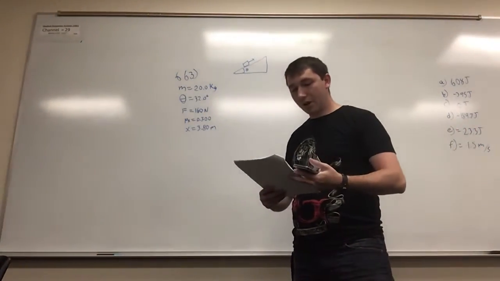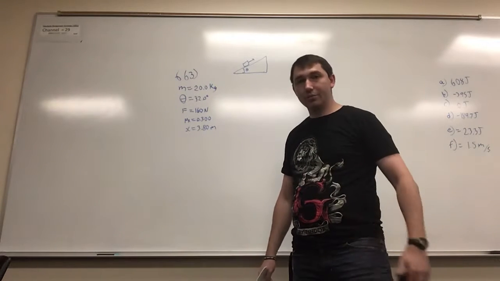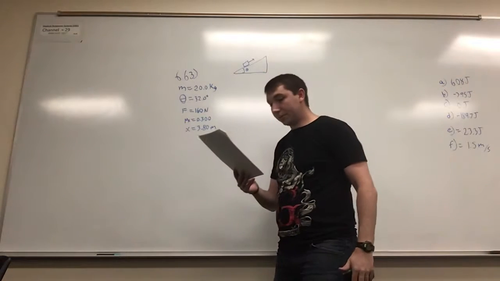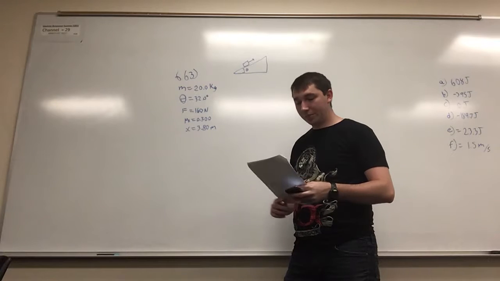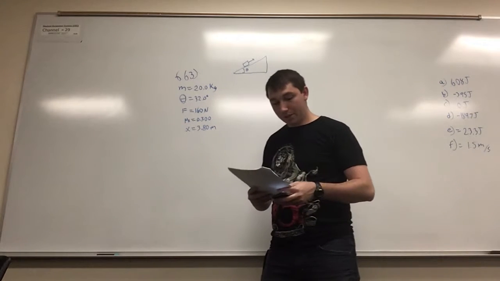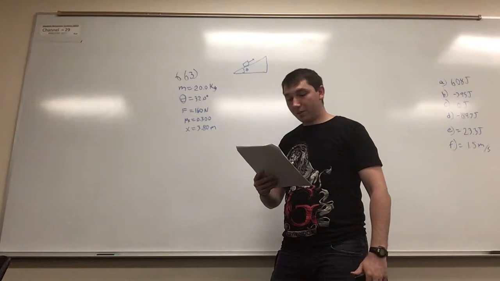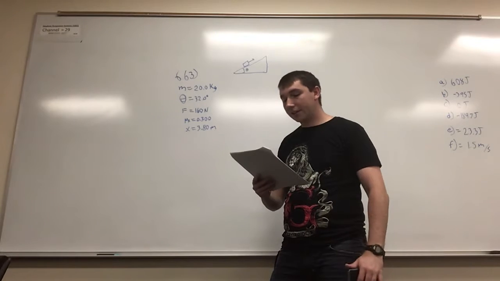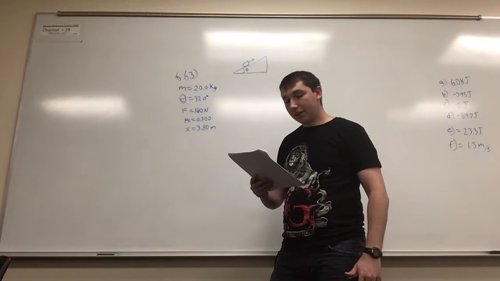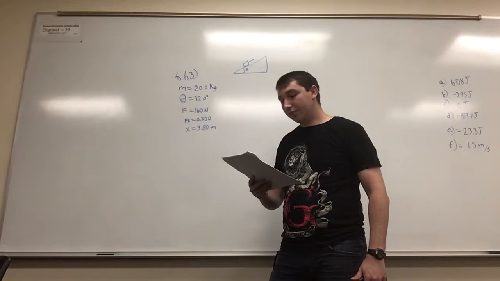Alright, so this time we're doing problem 53 from chapter 6, and the problem says, a luggage handler pulls a 20 kilogram suitcase up a ramp inclined at 32 degrees above the horizon by a force with a magnitude of 160 newtons that acts parallel to the ramp. The coefficient of kinetic friction between the ramp and the inclined plane is mu